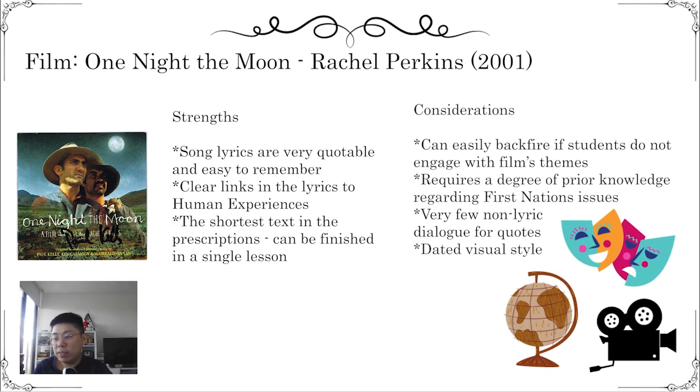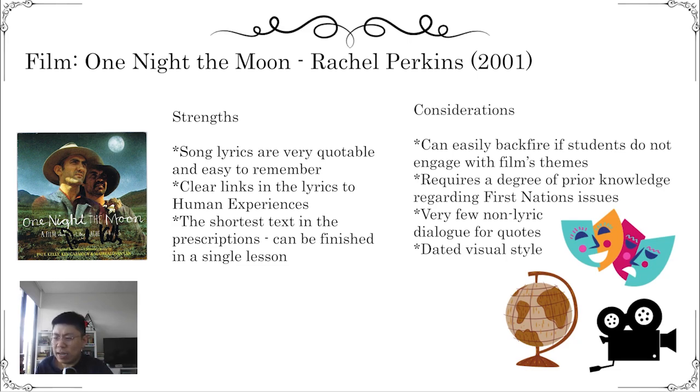I also think that the style of this film is a bit outdated now. It was made in the early 2000s, in a time when Australian filmmaking just didn't really have much budget, and it looks really dated today. It looks really low budget today, because I imagine most students and most people are going to be used to this really slick Netflix style of film production where everything is just so well lit and so well organized. One Night the Moon feels like, I mean, it was filmed over a few weeks. It's just not the same degree of filmmaking. It's valuable for what it is, but students who aren't familiar with that style or don't respect that style will find that a barrier to enjoyment of the text.